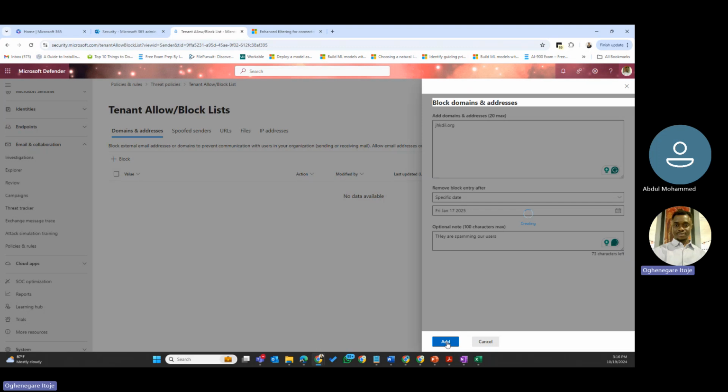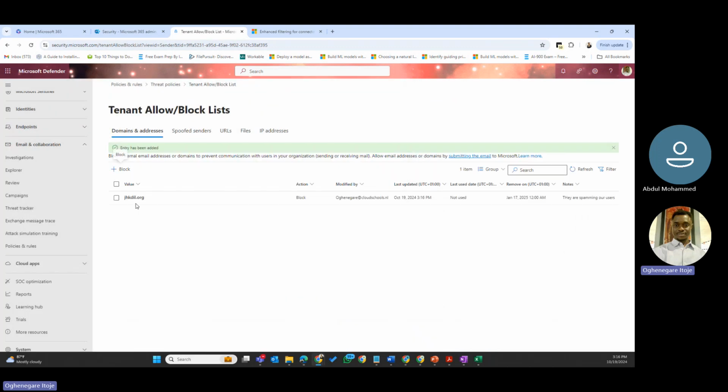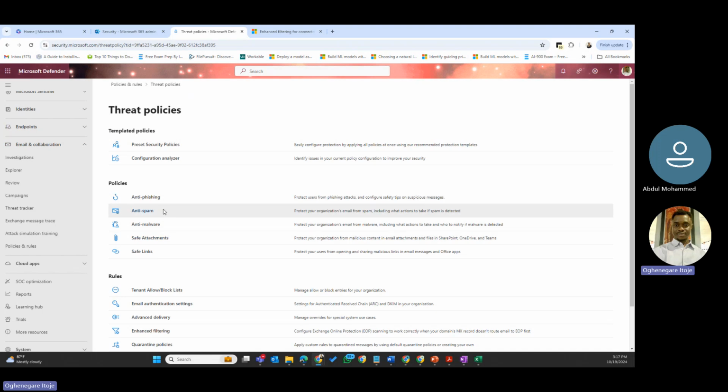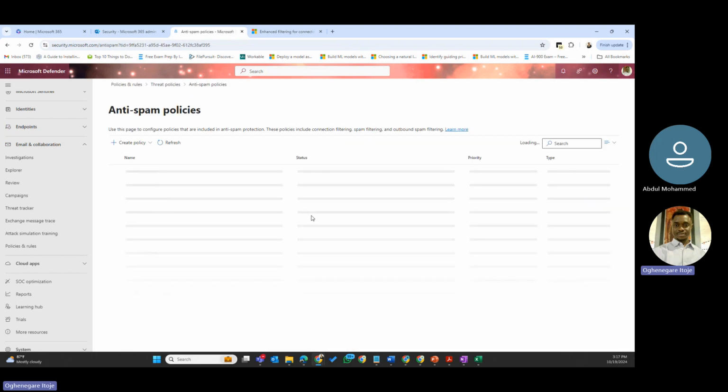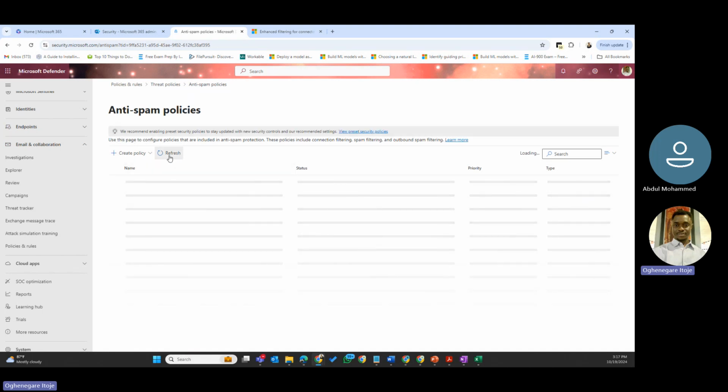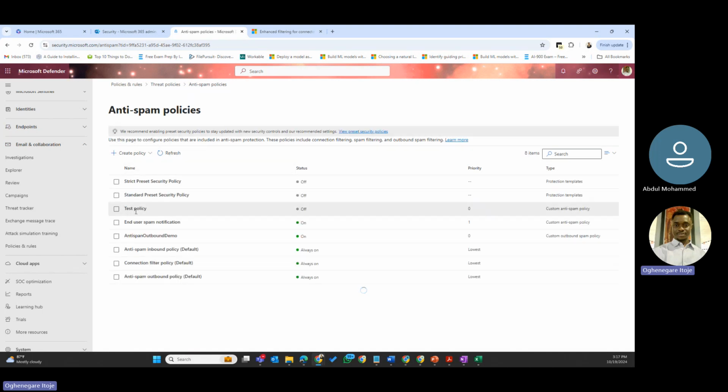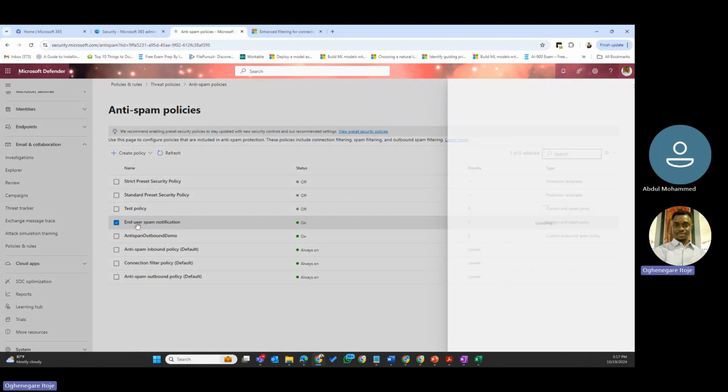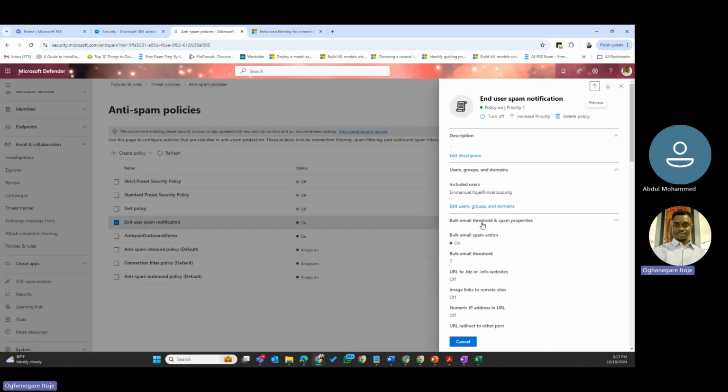So what it means is that this particular domain will automatically be added as a domain that has been blocked in your tenant. Now, even though it says tenant allow and block list, you don't have the option here to allow. There is another place where you have the option. I showed that to us when we discussed threat policies, when we were talking about anti-spam. So under anti-spam, if you create your own policies, or I'm just going to pick from any of the default policies, let me pick this policy, right? So if you scroll on here,